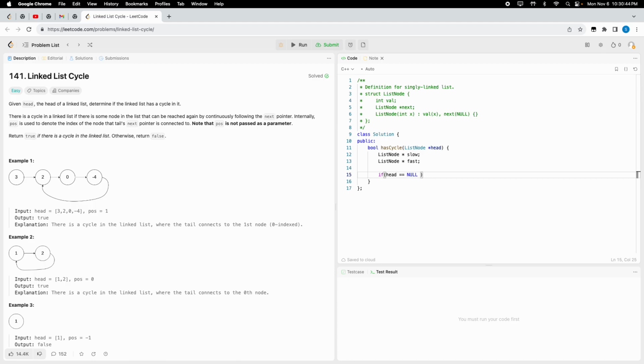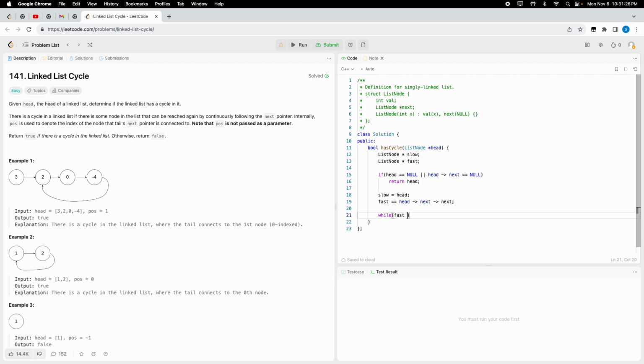If head is equal to null, or head's next, which is good, then we're just going to return head. If that's not the case, then we're going to say slow is equal to head. Fast is equal to head's next, next. All right. And we're going to say while